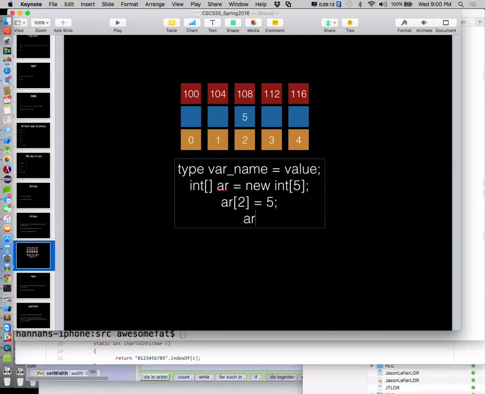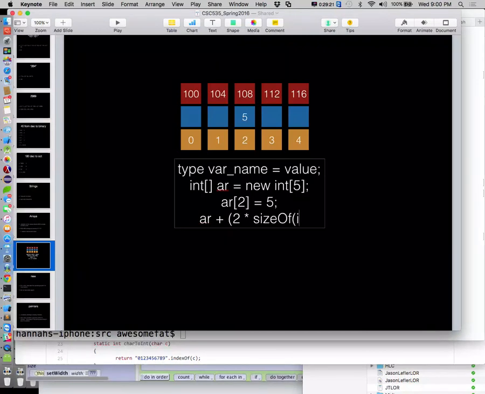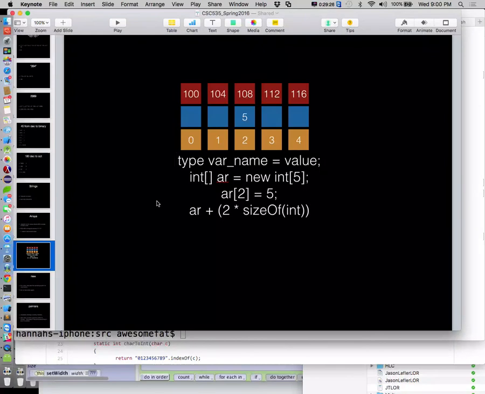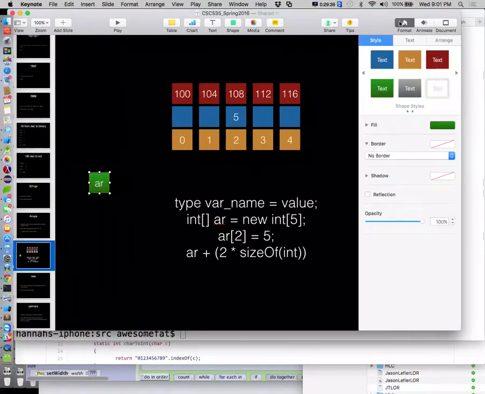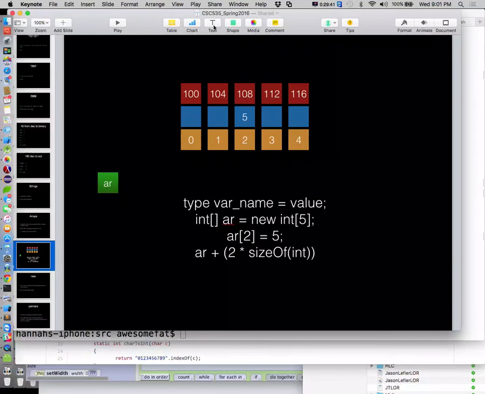It says start at memory location AR. Add to that 2 times the size of, in this case, an int. The base address of AR looks like it's 100. So let me go ahead and create here's AR, it's my variable. Get this guy a different color. And that variable has a value. Here's the value. And in this example, its value is going to be 100,